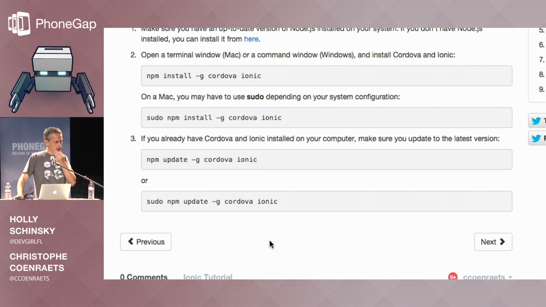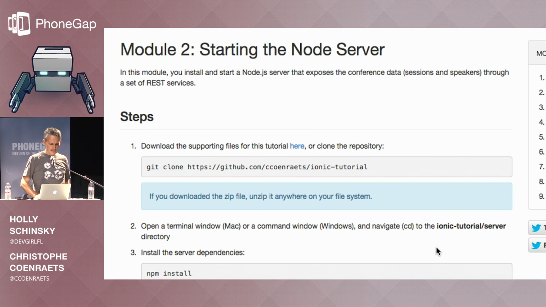How is the network holding up? Good. How many people were able to npm install Ionic? Okay. All right. If you have an issue, please raise your hand, and Holly and other people and I in a second will come around and help you. All right. If that is done, you can move to the next